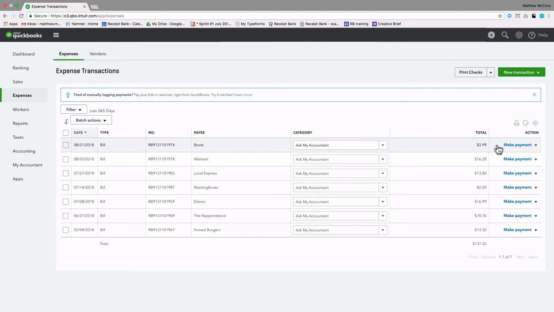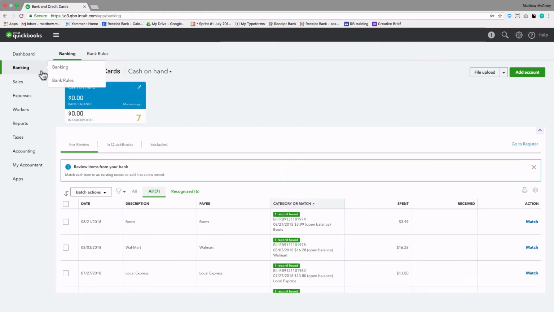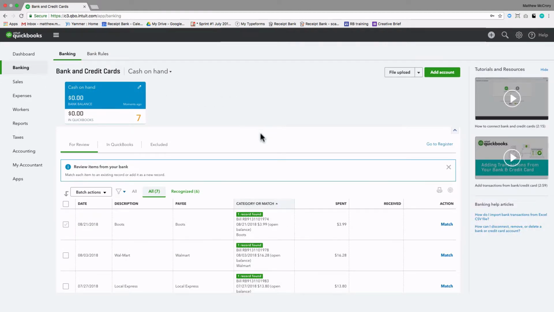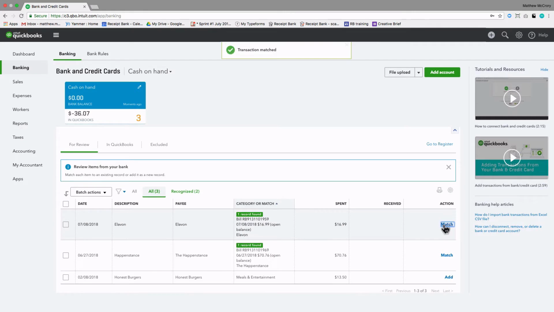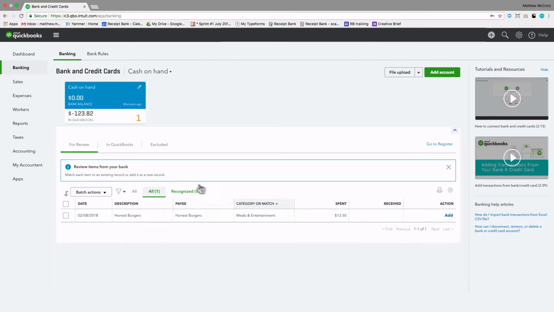Receipt Bank and QuickBooks work collaboratively to examine each of your submitted documents and match them with a live bank feed. You can manage this process from the Banking tab in QuickBooks. Click into the tab and look for transactions on the bank feed showing the One Record Found icon. This means that QuickBooks has found an entry from your bank feed with a corresponding item in Receipt Bank. Click Match and QuickBooks will assign your document to the correct line of the bank feed and confirm the item